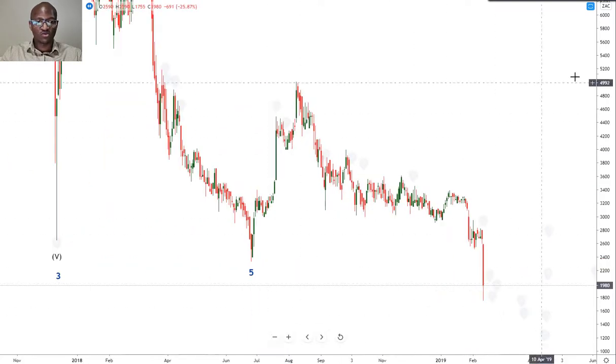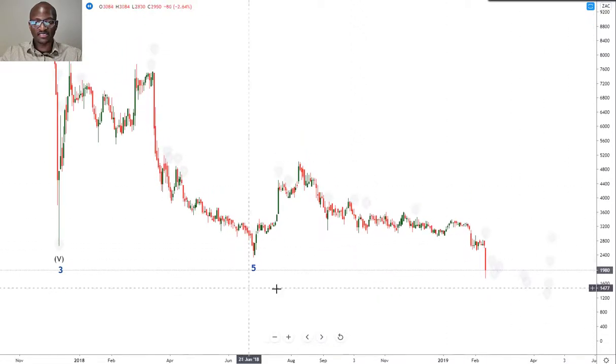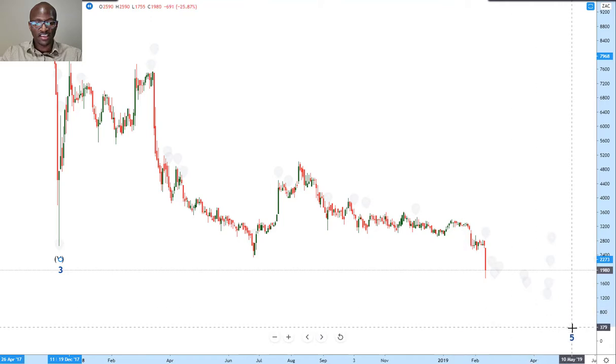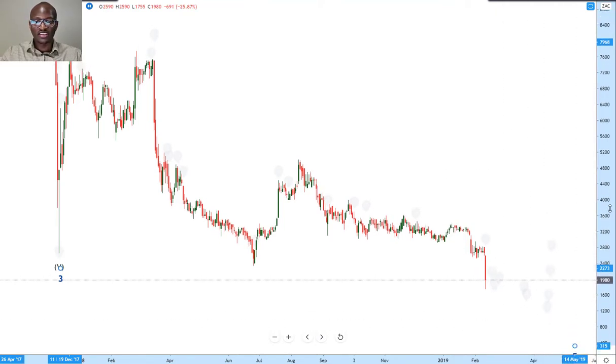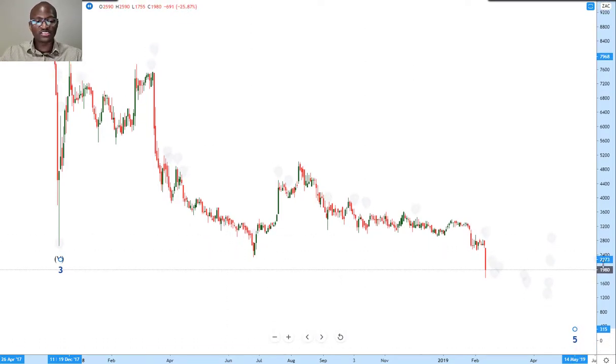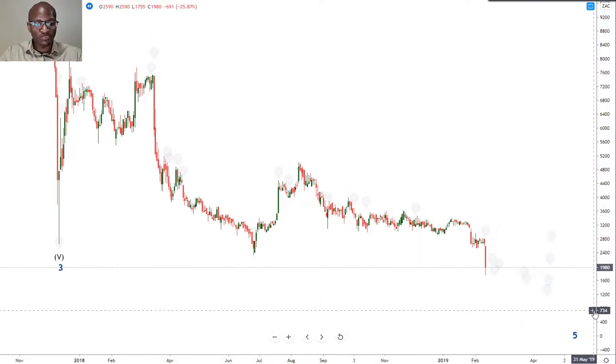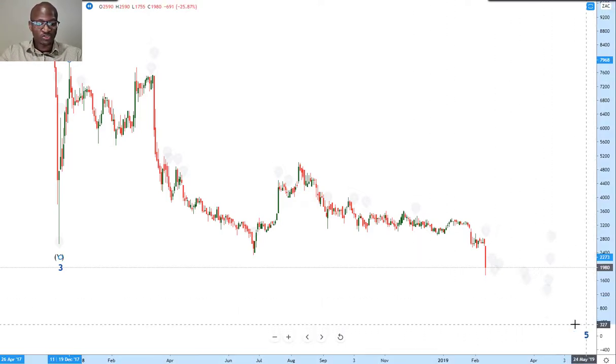Okay, so what this means then is that this wave 5 is definitely not wave 5, and already we can start to see how the market is trending lower. So in real time, I would have probably given the market more time just to show and prove itself as to what it was doing.